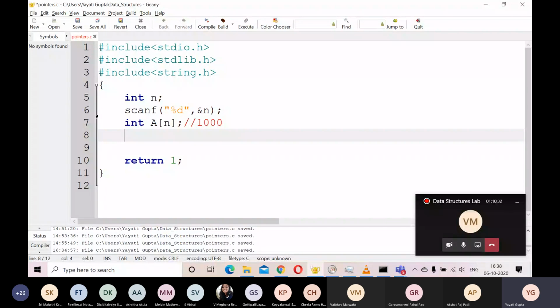I definitely know that if this array is of size 1000 and later I try to access something like 1003, it can create a big mess. I'm not allowed to do that. I have been allocated 4000 bytes. I cannot go out of those 4000 bytes and access something like this.